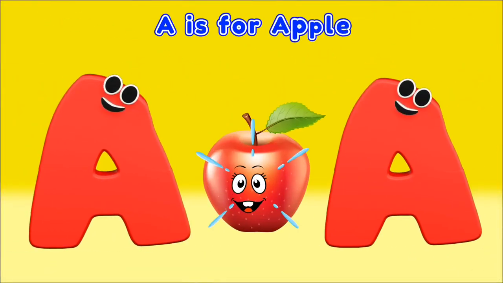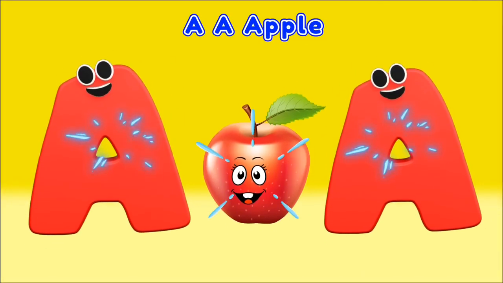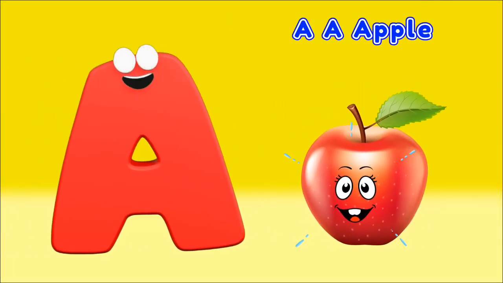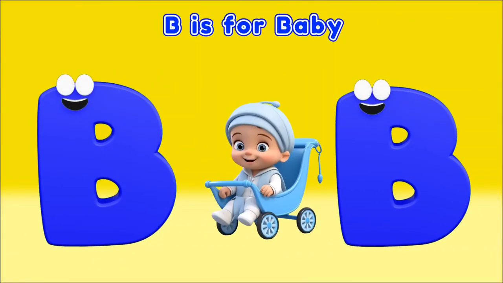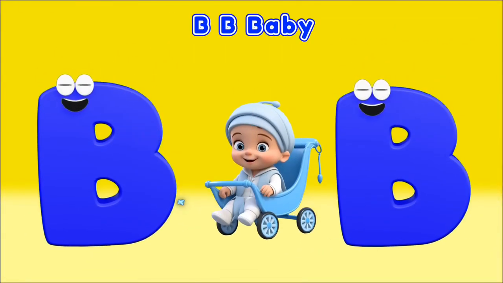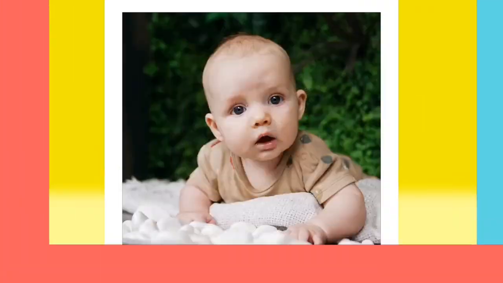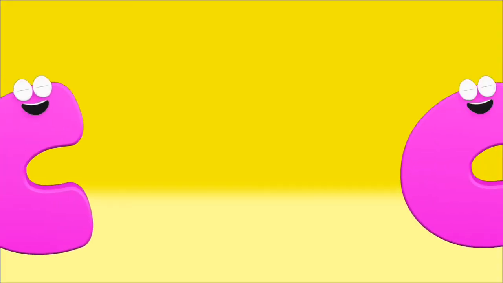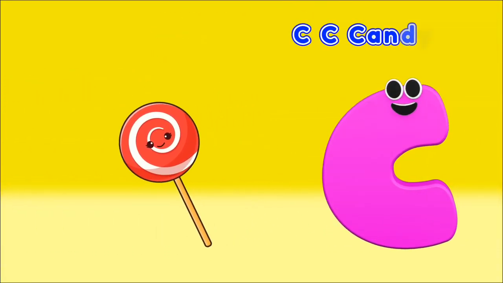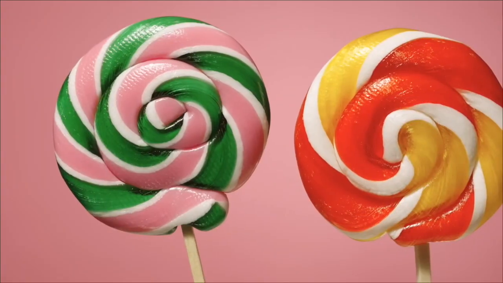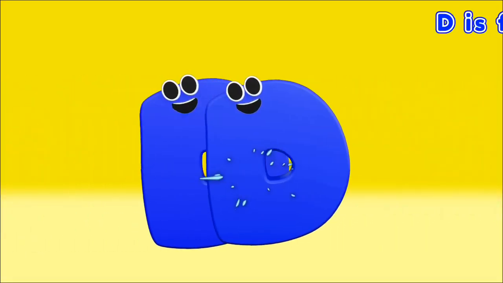A is for apple, apple, apple. Red apple. B is for baby, baby, baby. Cute baby. C is for candy, candy, candy. Sweet candy. D is for dolphin,